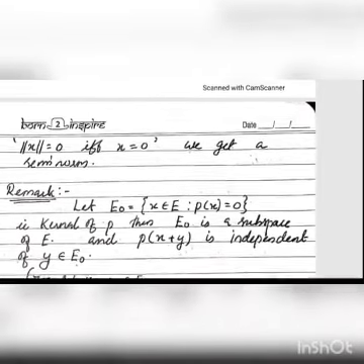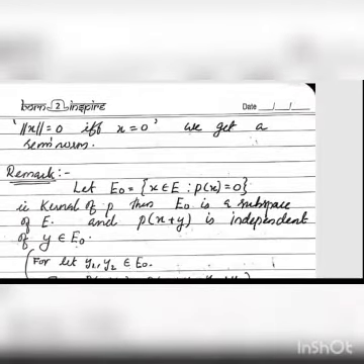Now as a remark, consider E naught, the set of all x belonging to E such that P of x equal to 0. We may often come across this set in linear algebra or abstract algebra classes. We say that this set is the kernel of P, that is, the set of those elements in E which are mapped to 0. Then E naught is a subspace of E. These two we have proved. Kernel is a subspace